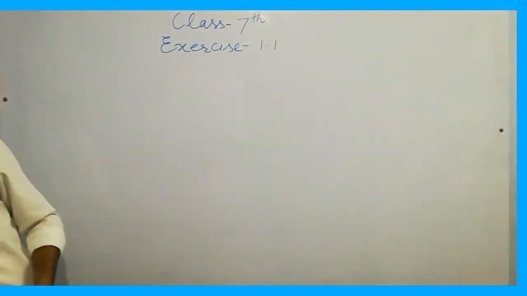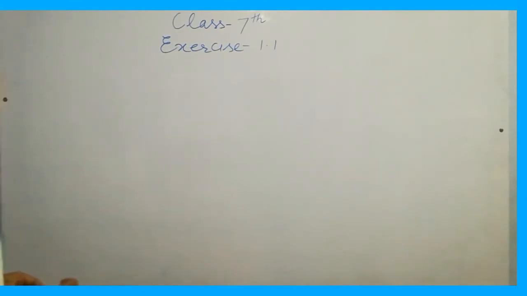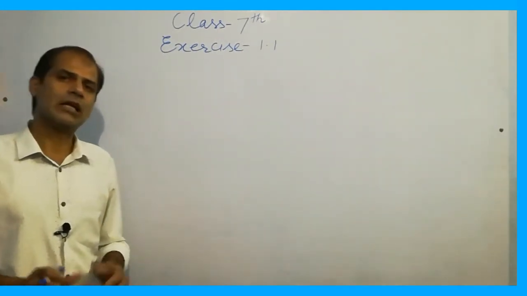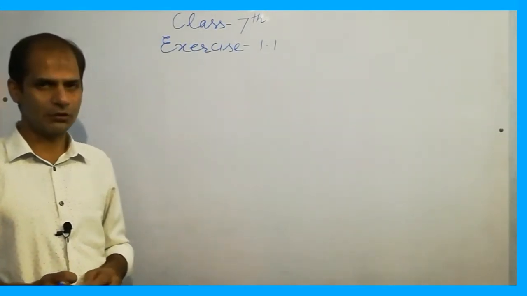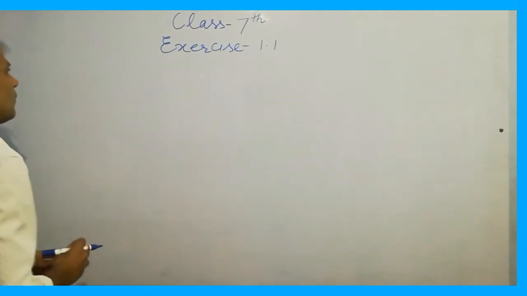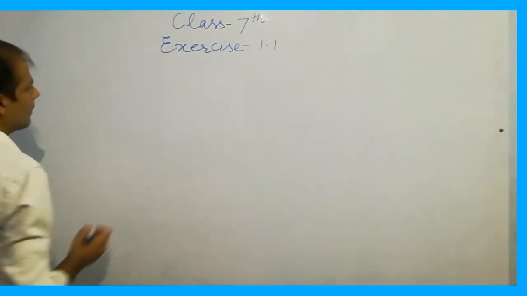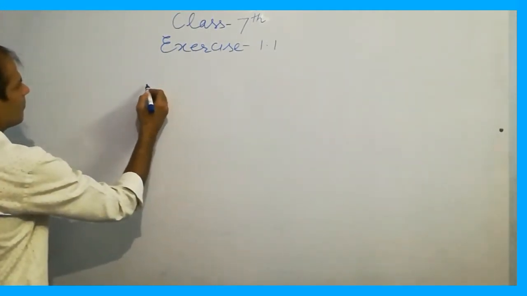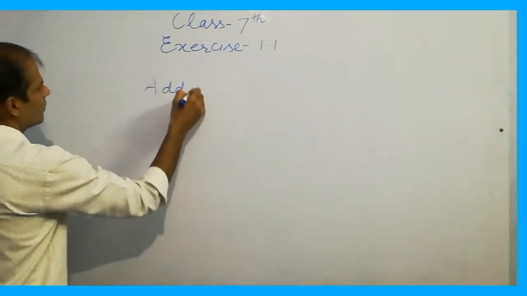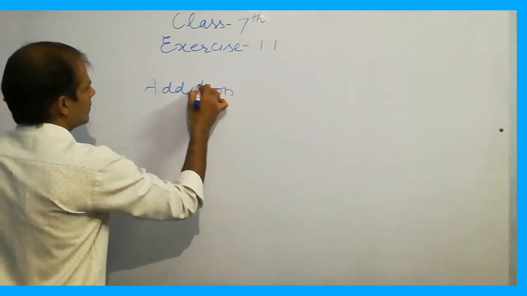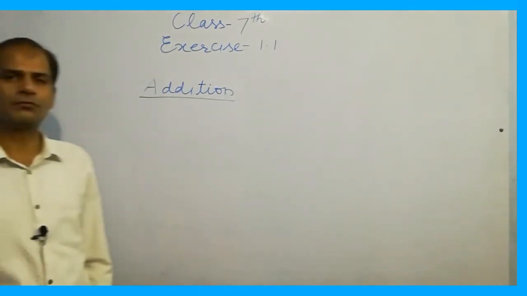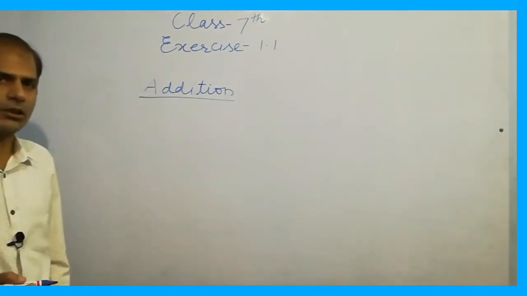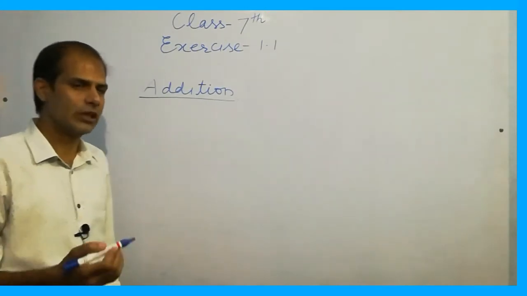For this purpose, I am going to tell you the properties of addition and subtraction. Actually, there are some rules for which you should be very careful. What are these? Listen carefully. I am going to tell you some rules regarding addition, maybe the addition of 2 or 3 numbers or more than 3 numbers.